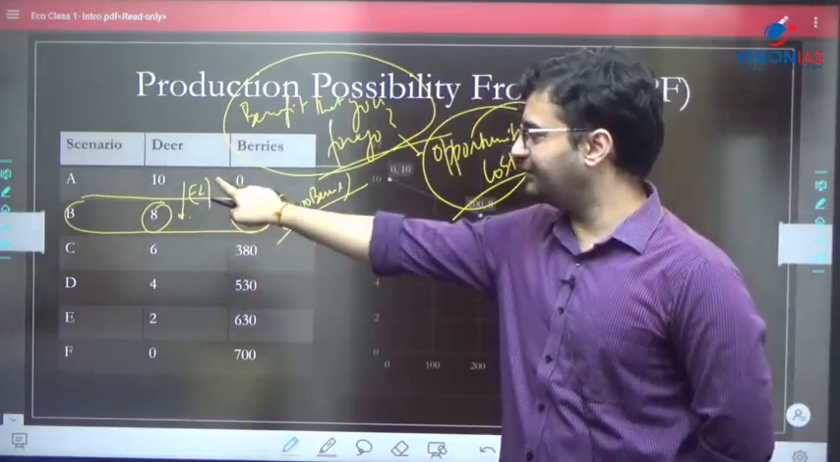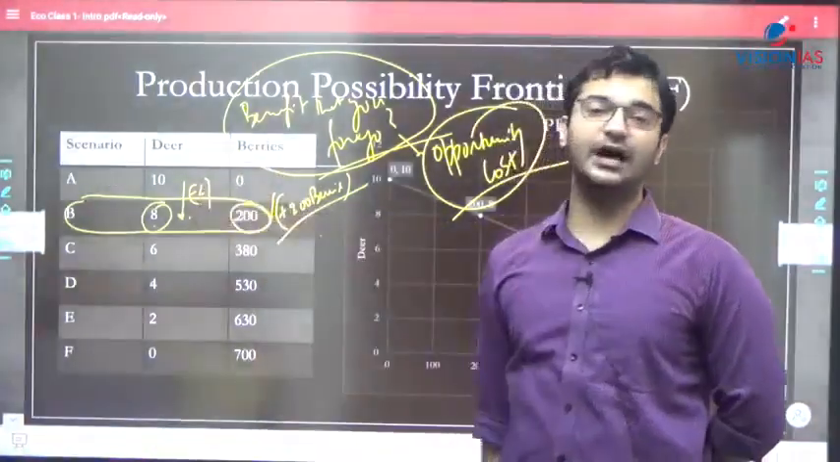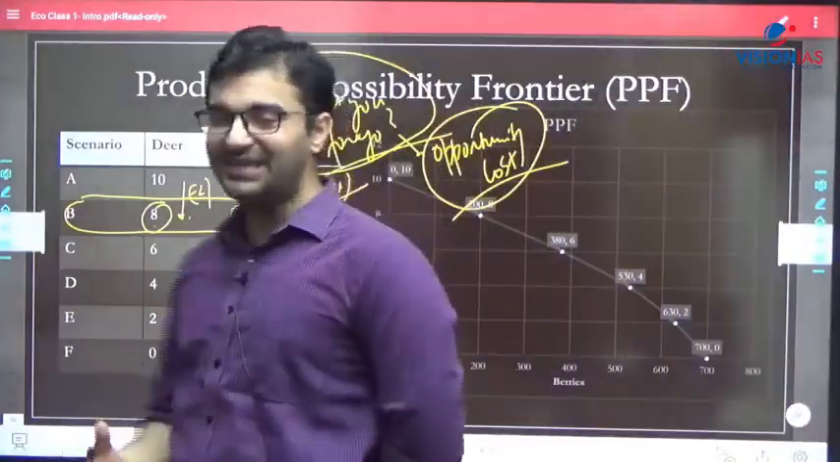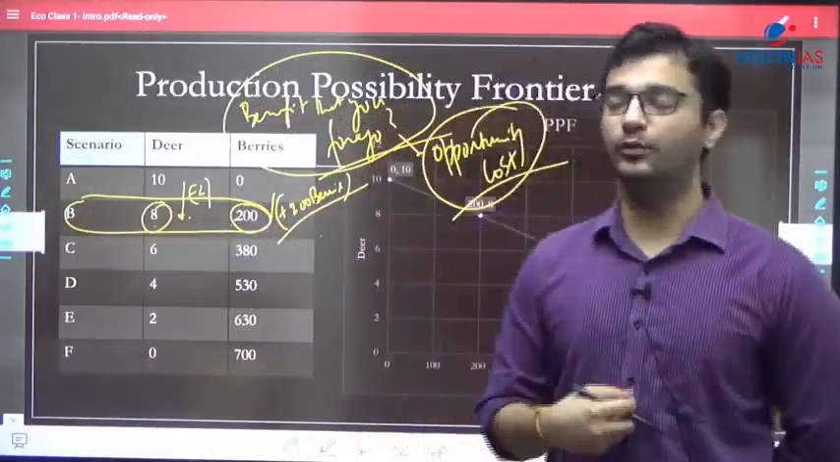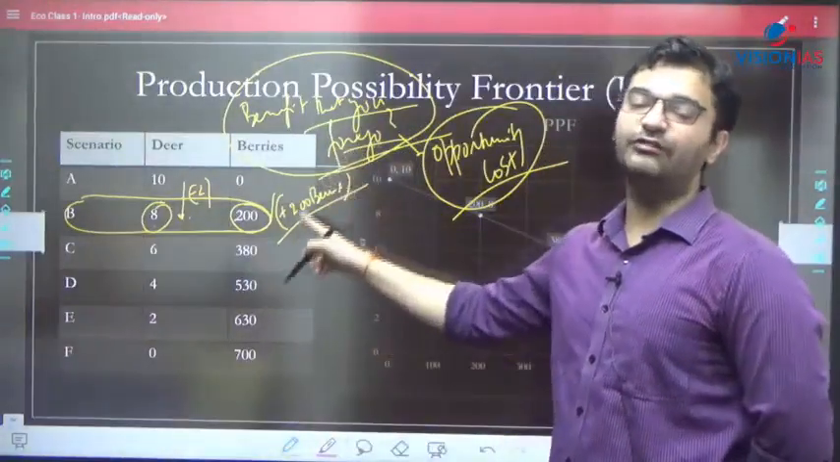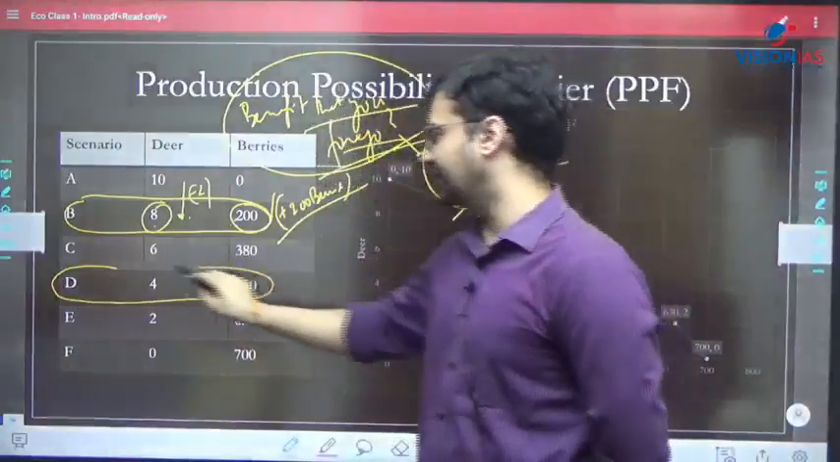if you compare it with A, gives you 2 deer less. These 2 deer are called the opportunity cost of option B over option A. Opportunity cost of option B over option A: the benefit that you have foregone. If you compare B with, let's say, D,